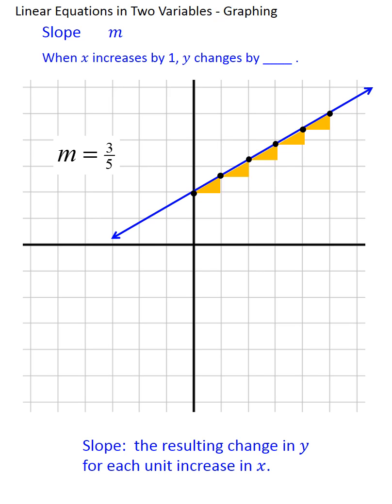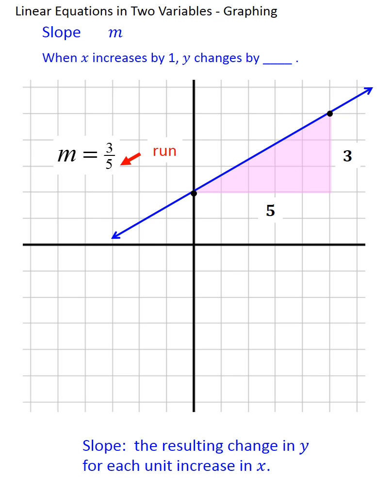If we were to do this 5 times, mathematicians have discovered that it's equivalent to just going over 5 spaces and up 3. And this brings us to a concept that we call